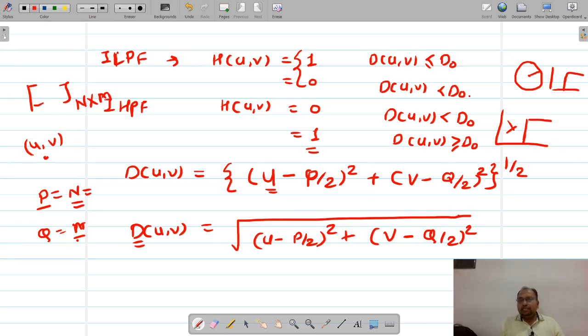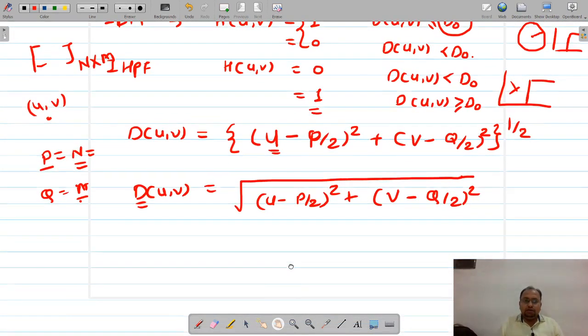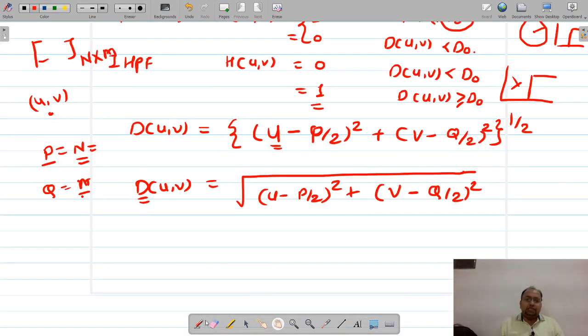And this is my cutoff distance, or the radius of that particular circle within which I want to have the filtering in the case of the low pass filter. In the case of the high pass filter, I want all the frequencies outside of this circle. That is the fundamental for this particular filtering. And we also had a discussion about the Butterworth high pass filter and the Butterworth low pass filter, right?